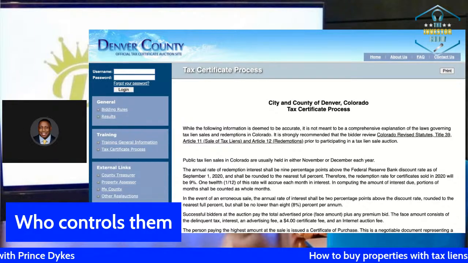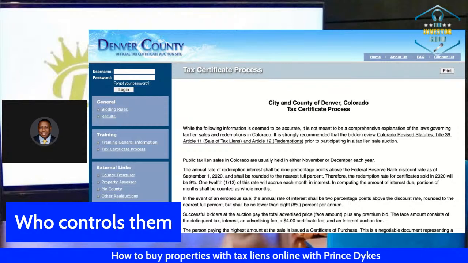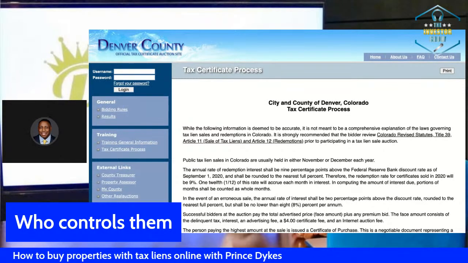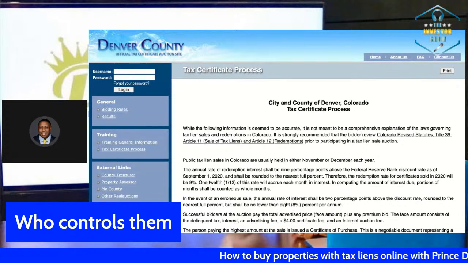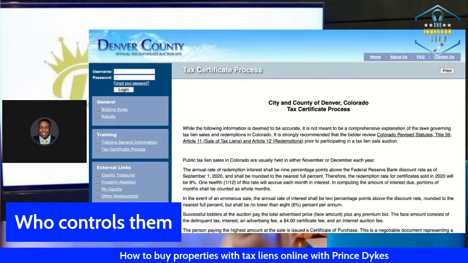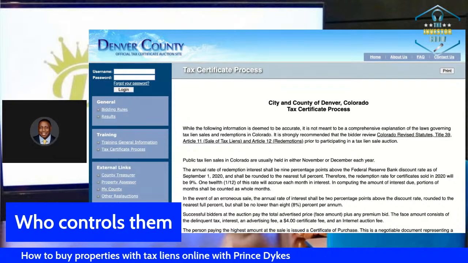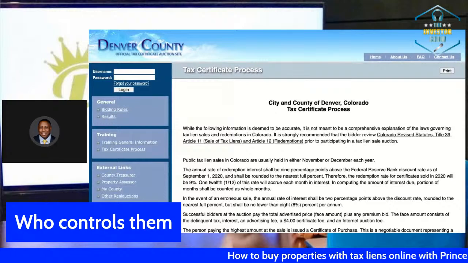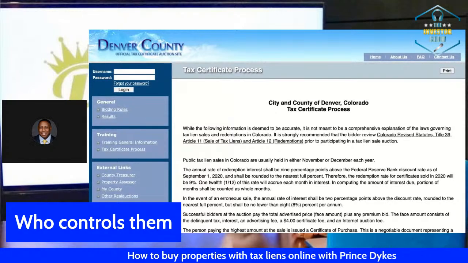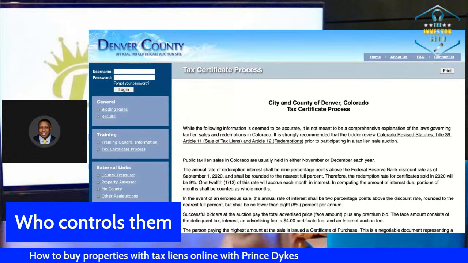If I don't pay my property tax, they're going to send some notices to my house, and then they're going to place a lien on it. They'll say, hey, Mr. Dykes, we really need you to pay this property tax. If you don't, we're going to put a lien on your property, and then put it up on their nice handy-dandy website to sell it off to somebody else. At the end of the day, taxes are a revenue stream for the government. The government doesn't care who owns that land over there, as long as they pay some money.